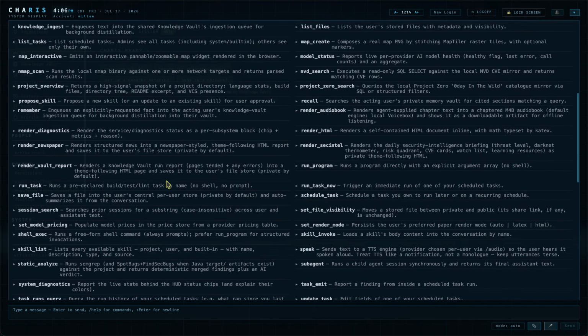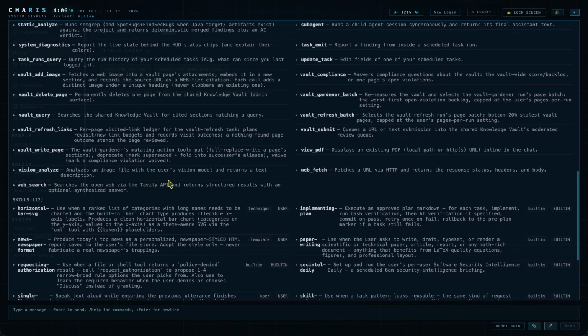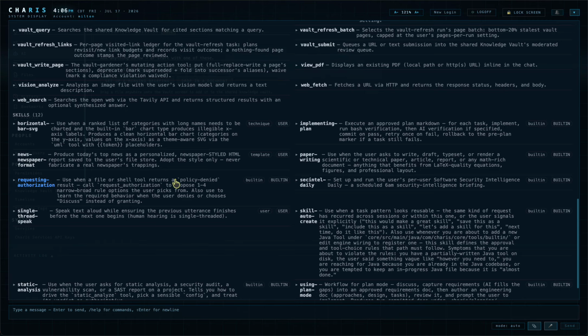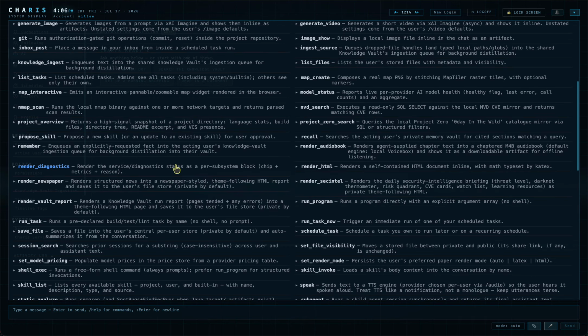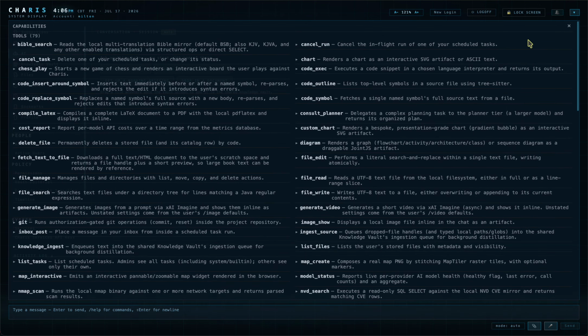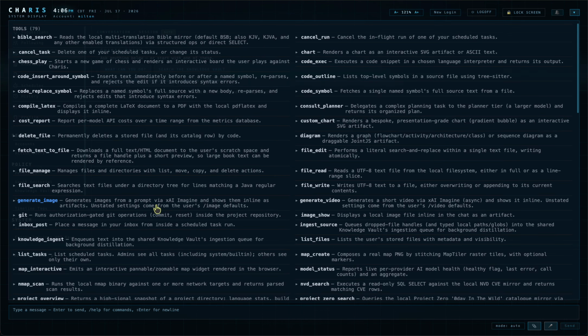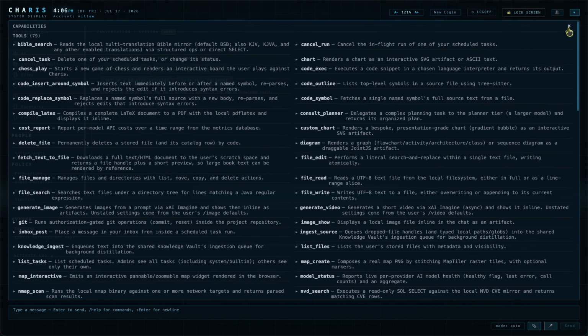And as you can see, there's a number of tools, probably too many tools, because I was figuring out what I really wanted Charis to do, and it started out as a coding thing. I've decided to get away from that because a lot of people are doing it. I actually thought I had some pretty good results doing some specialized coding stuff, even though I'm just one guy here. But the point is AIs are getting pretty good now, and you can really do some sophisticated projects. In any case, you can see I can do Bible searches, I can do charts, play chess,